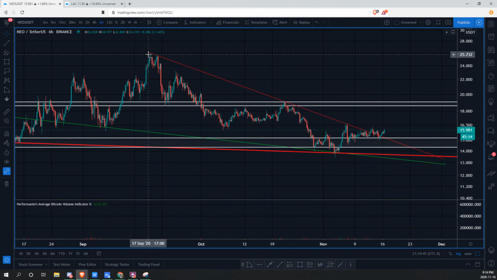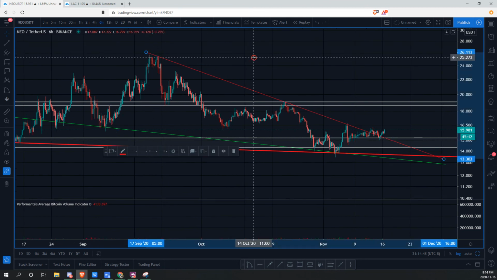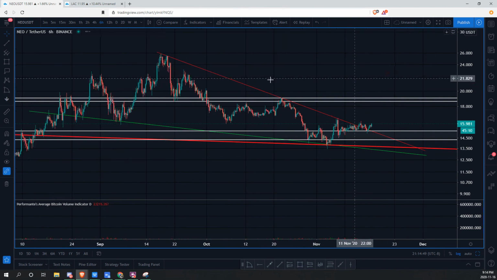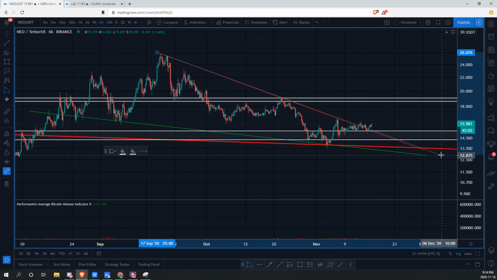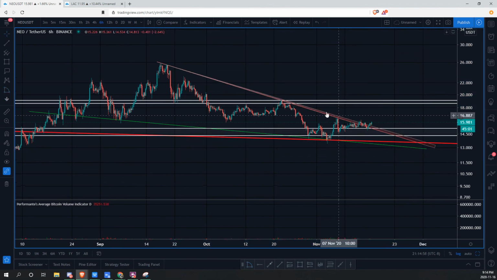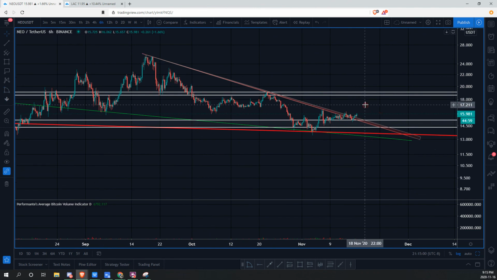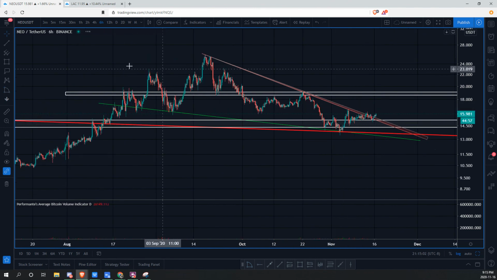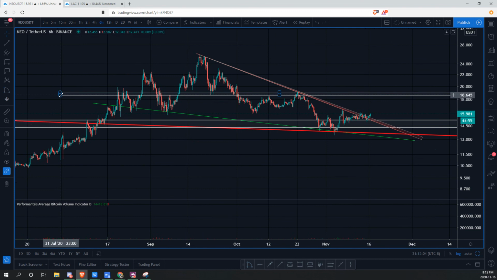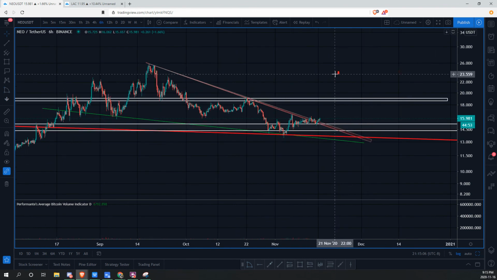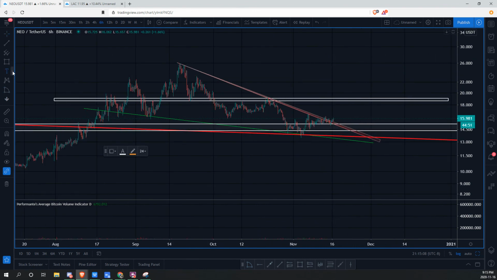Yeah, I definitely would like to see that first pop, that first real impulsive push. Let's just draw a projection in there as well. So we're going to put that in like so, just so we get a little bit of the wicks that are protruding above our descending trend line. So in short, I'd like to see the price go above around $18, $19, start the impulsive push, because we